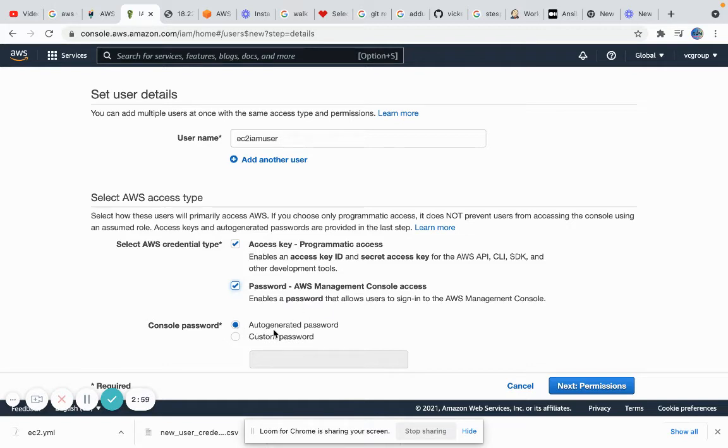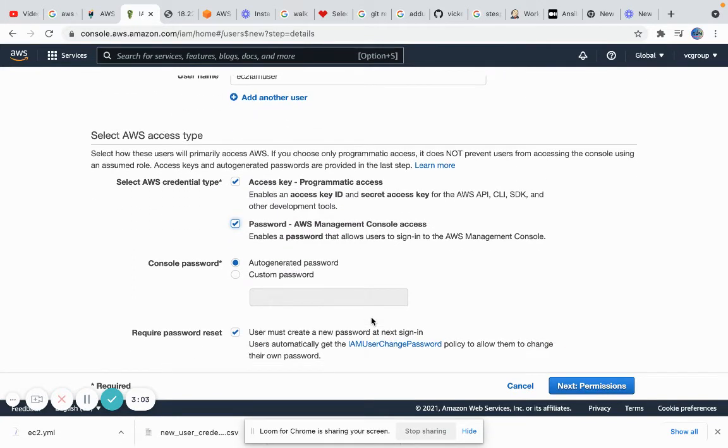If you choose the auto generated password, a password will be given to that user, and on first login the user must reset his password, same as what we do when we get access to XYZ portals. They ask us to reset the password on our first login. This is the same thing.